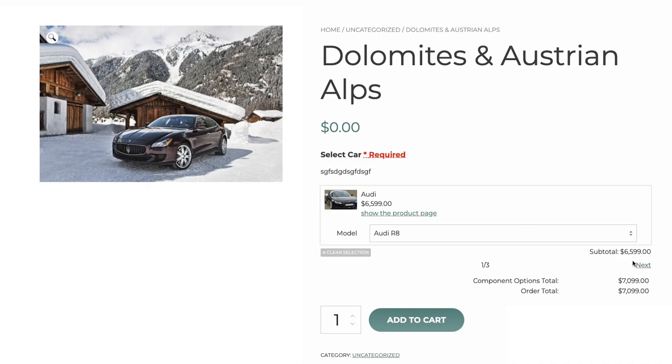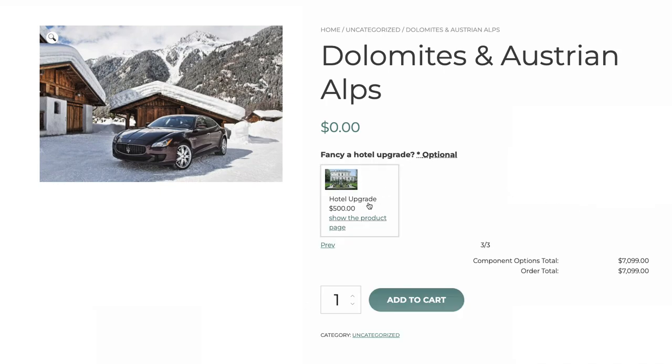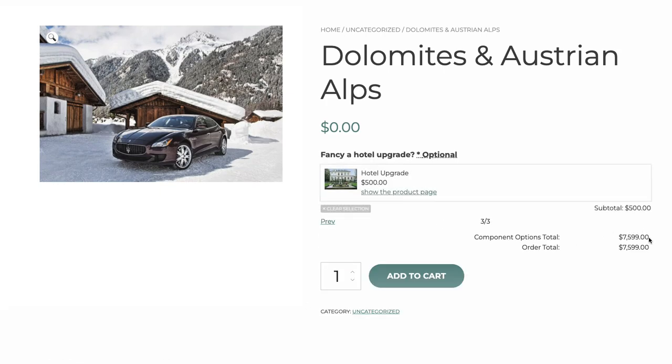So once we've selected the car, we can then go on to different upgrades. In this particular instance, because it's a time-limited demo, I didn't get round to finishing it, but we have to set these up as additional products. So I've set it so that the Audi R8 will show. If I click next, I can select the hotel upgrade. Everything gets added to the cart. Click to the cart,